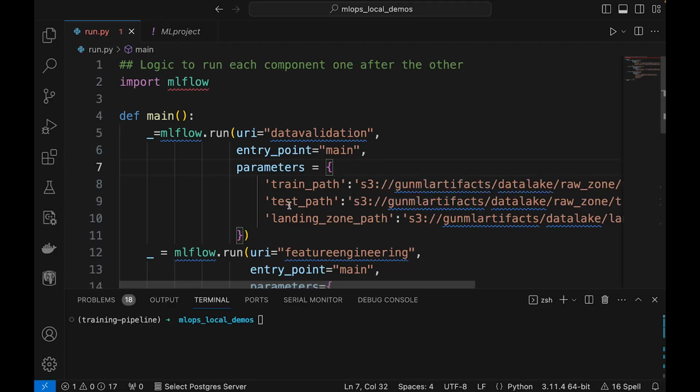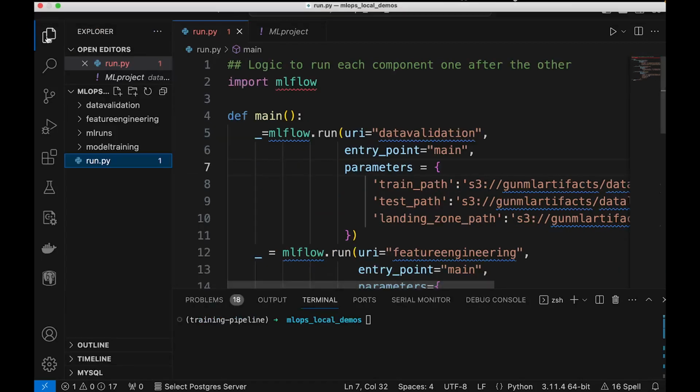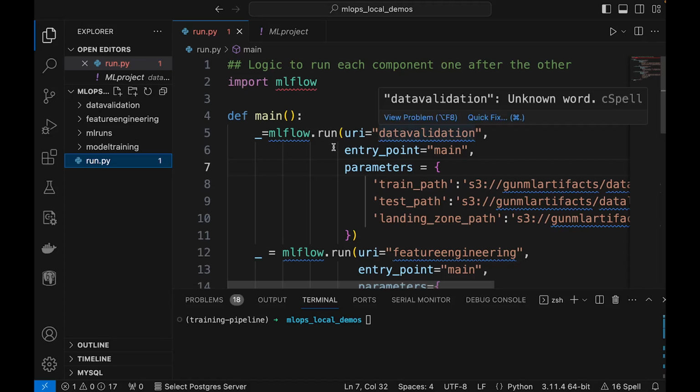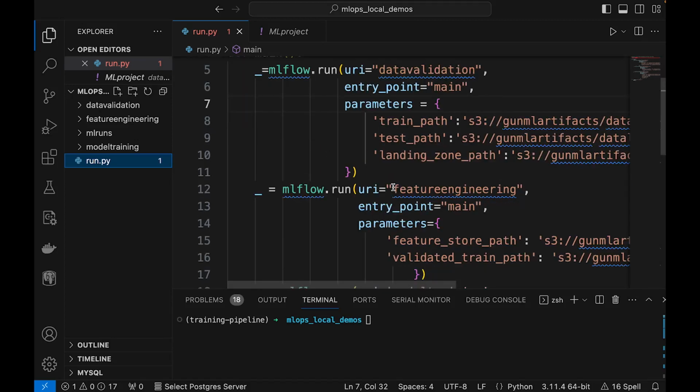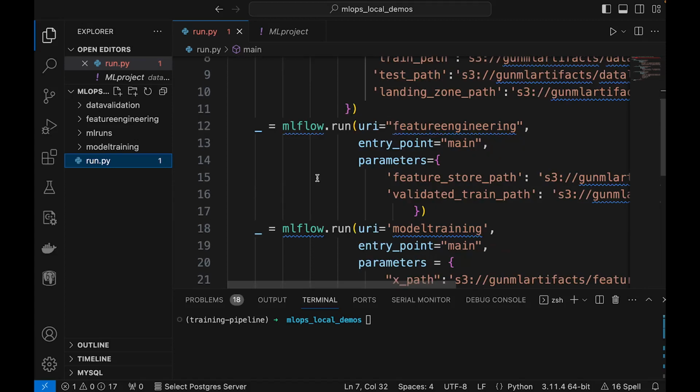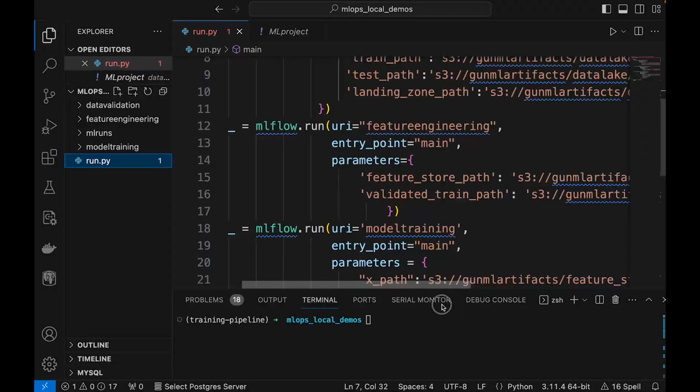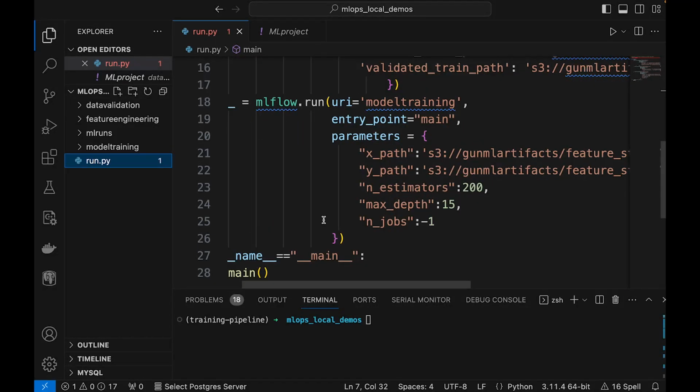Let us now see what other changes I will have to make so that all the components run one after the other. So in the previous video, we had already seen how to include the data validation component within this run.py file, and we had partially talked about the code for the feature engineering component as well. I've completed that code, and now you can see similarly for model training also, I have